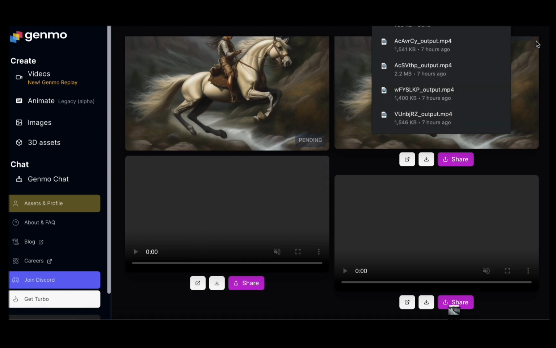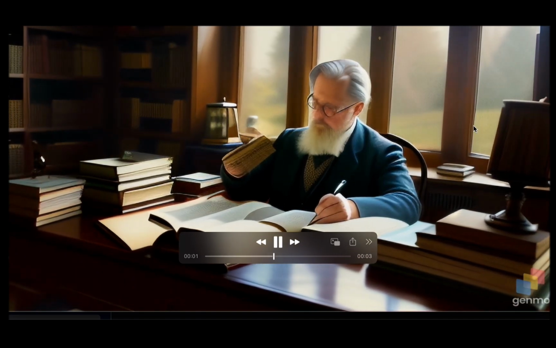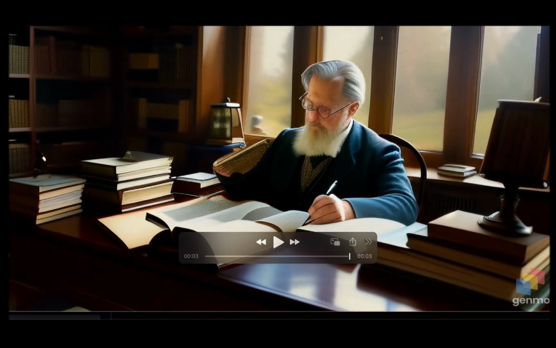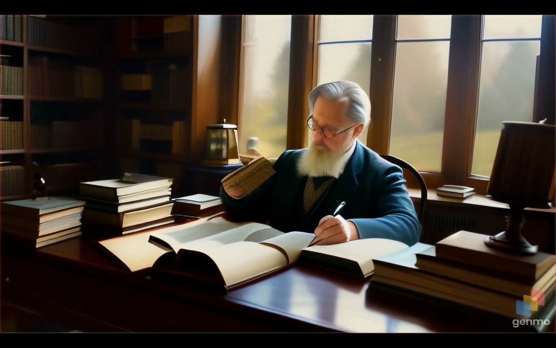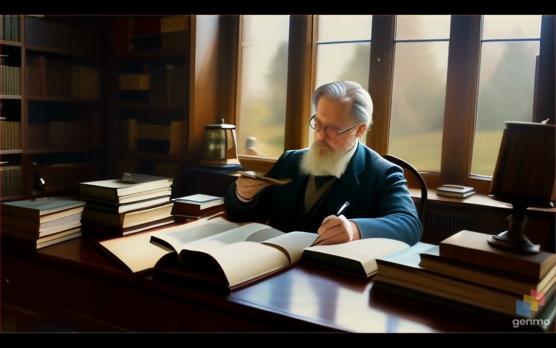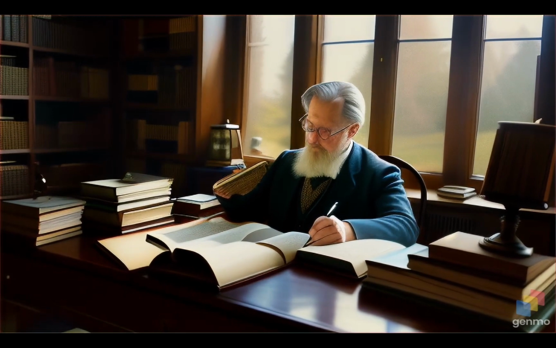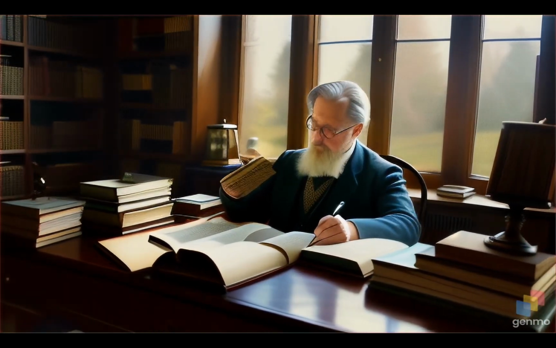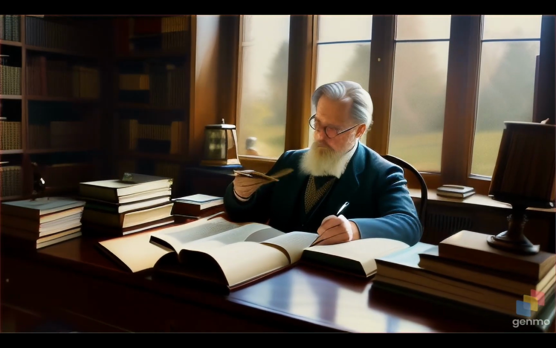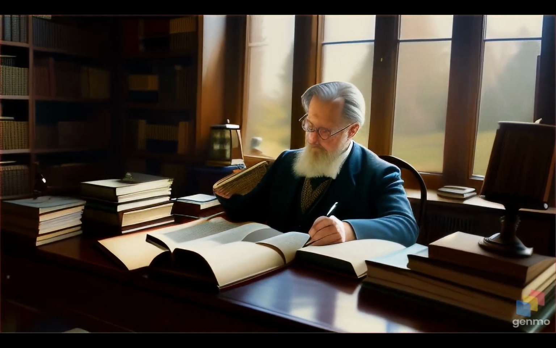Earlier, I tried crafting a text-to-video using a prompt related to an author writing. Here is the result. It is looking good, though there is always room for enhancement and fine-tuning. Considering that this is a free tool, I am genuinely impressed with the quality it can produce. It showcases the potential for creating engaging and visually appealing content without any cost barriers, which is a significant advantage